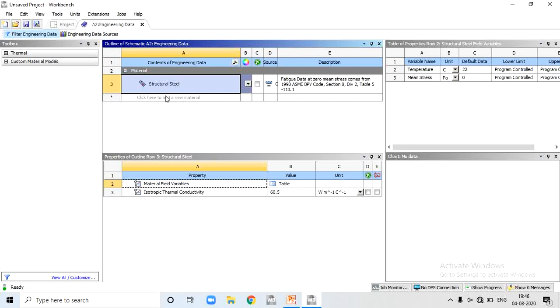When you select, just like here we select structural steel, their respective properties will appear in row 3, that is structural steel having its properties, and in the second row, structural steel fluid variables, that is by default temperature 22 degrees centigrade and stresses in the object, that is 0. So we keep these properties the same, as structural steel and their respective properties.